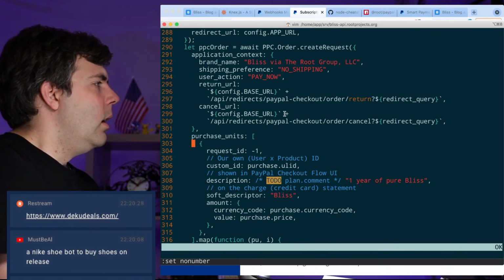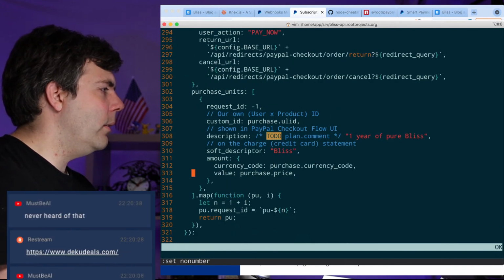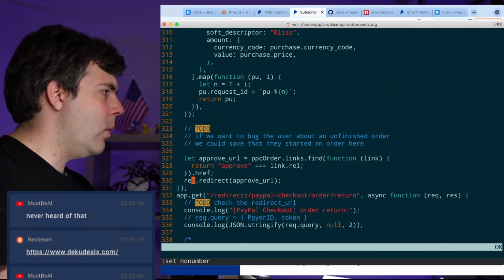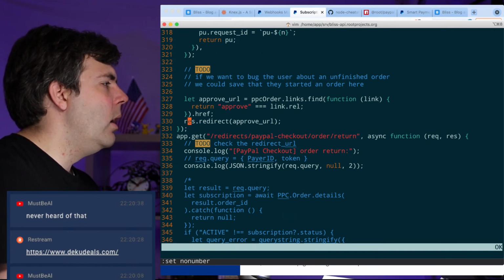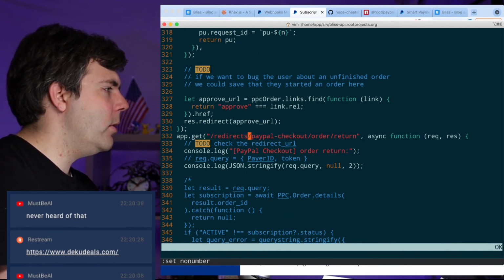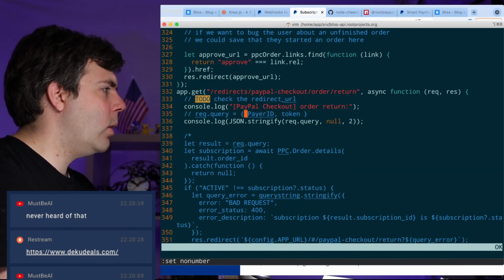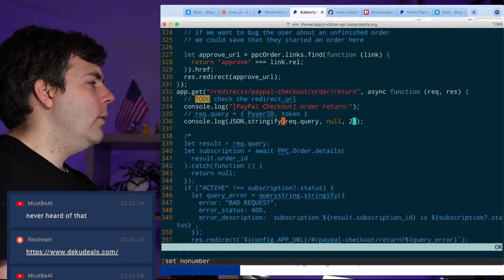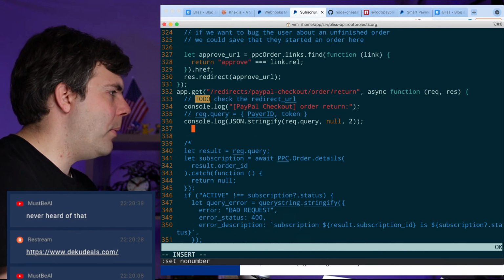Good. Okay, and over here, all right, I was saying that this should work. This should create an order. It should give me an approve link, and I should be able to direct the user to the approve link. Now, what I want to handle next is that when they click approve, it should come here to the return link. And if it gets the return link, I do now know what queries there will be. I now know that token refers to the order ID in the PayPal system. And so what that means is that I would have to go look up